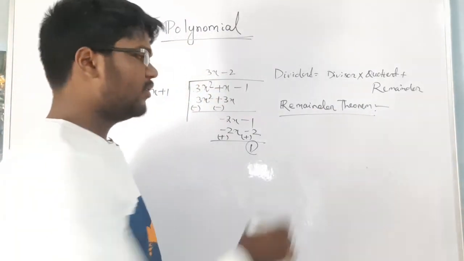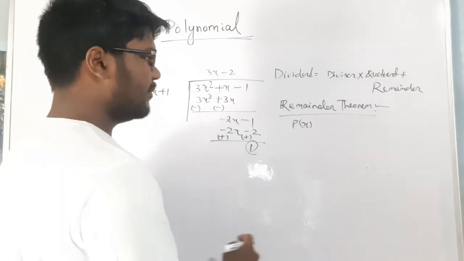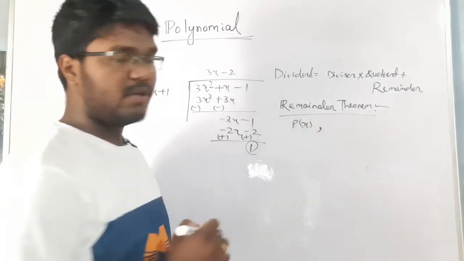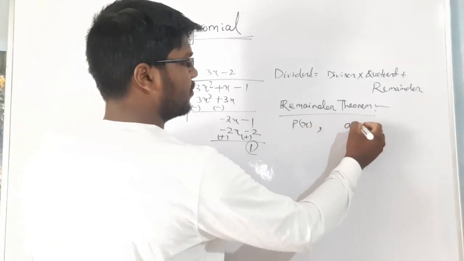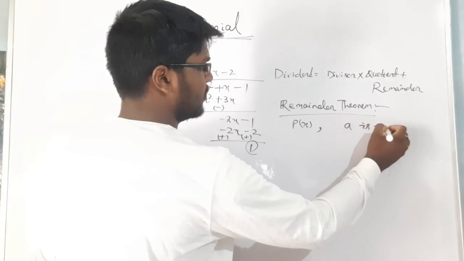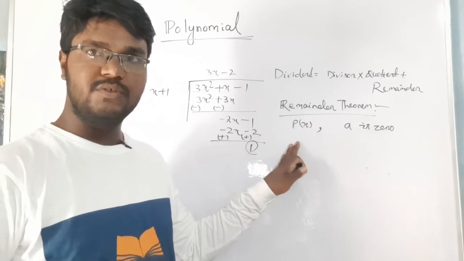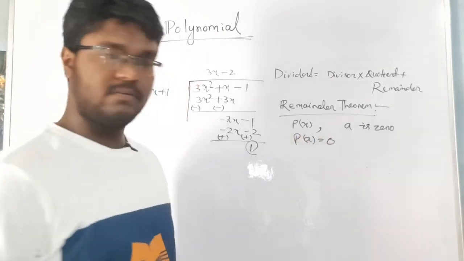If there is a polynomial p of x, I am writing in short, and a is a zero of the polynomial p of x, then p of a will be equal to 0,